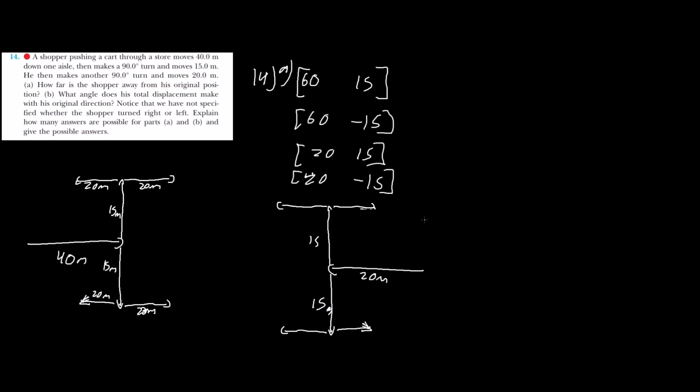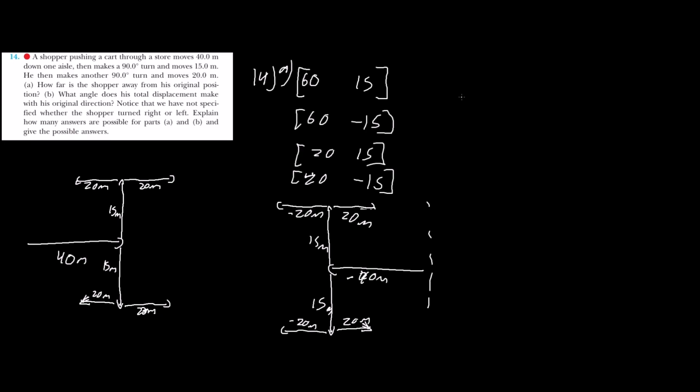and you travel... What's that? Oh no, this is 40 meters. Yeah, 40 meters, 40 minus. So that's going to be negative 40 plus 20. So this is going to be 20 meters. So this is all meters here. And this is going to be negative 40 as the vector. And this is going to be a positive that it's going to add, and this is going to be a